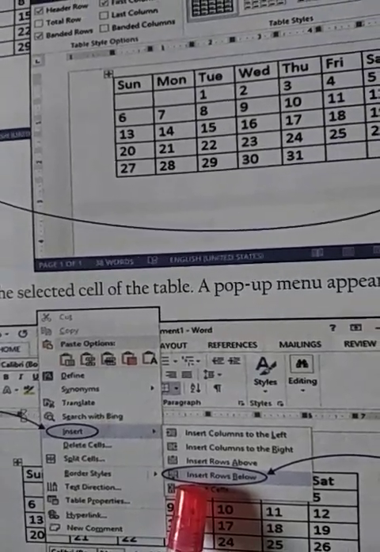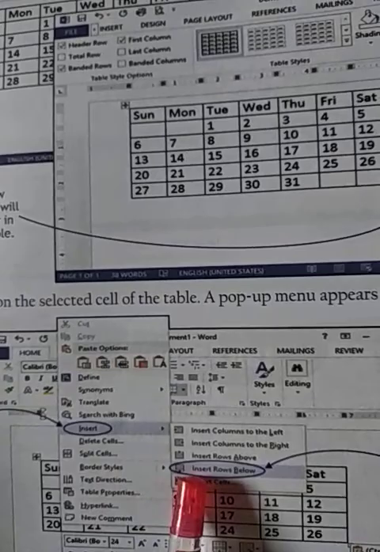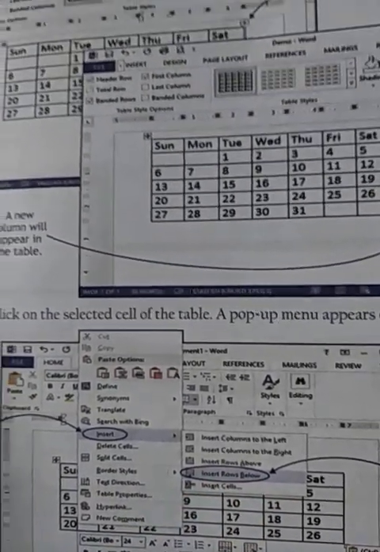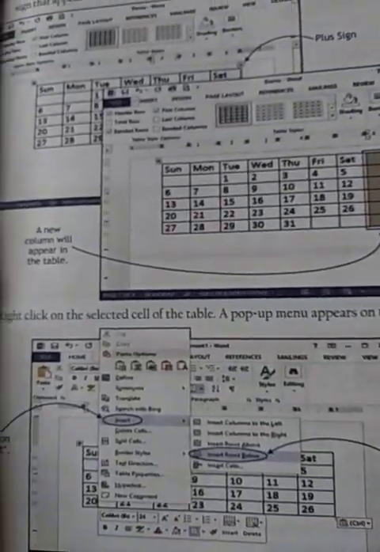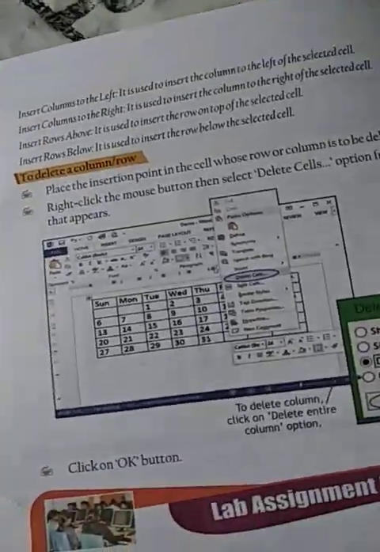Here we are selecting insert rows below. So this new row will be inserted just below the row where we had clicked our mouse button. In this way we can use the menu options also to insert a row and column.